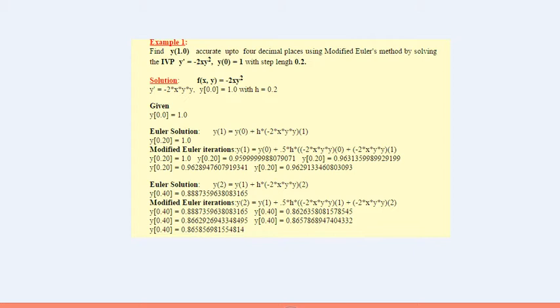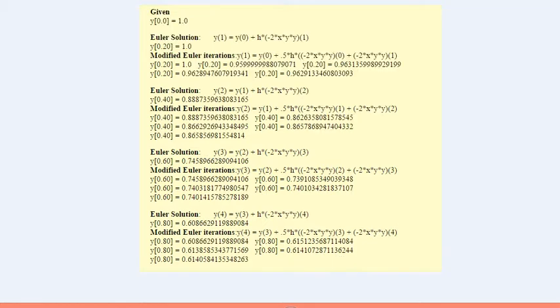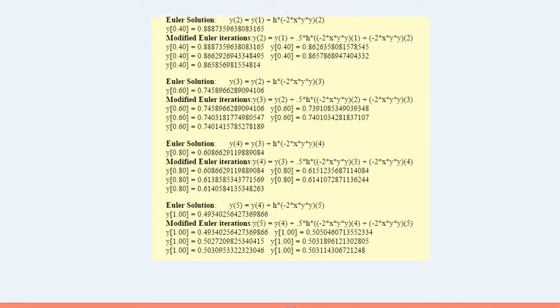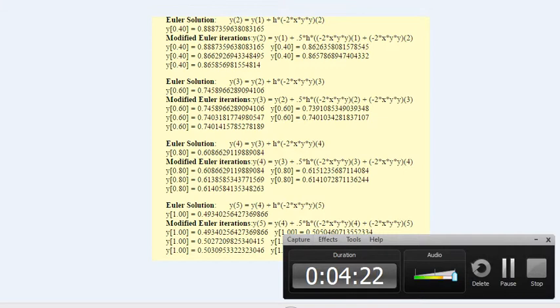So we can see that our answer is getting accurate at 4 decimal places. So we repeat these steps until we get the exact answer of our solution. But we have to be careful about our iterations, which value we put in these equations, because we have a lot of y and x. So we have to put the values which are consecutive to the upper equation.